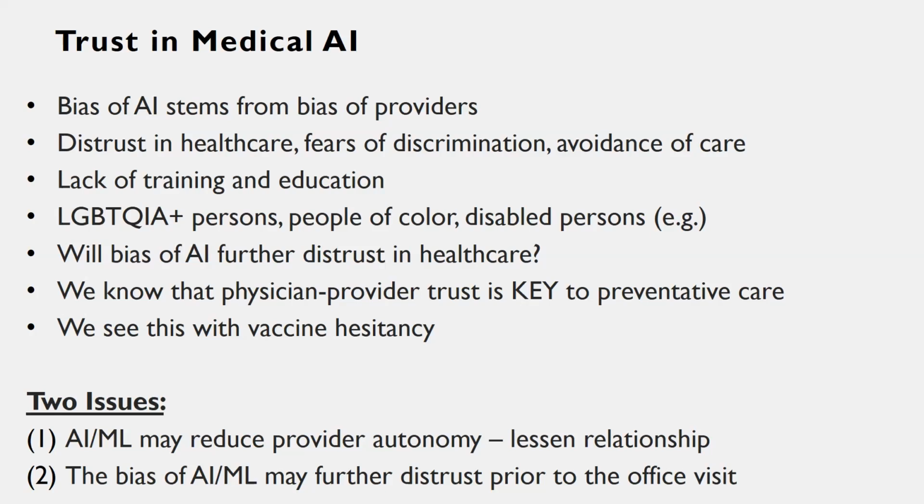So just in case you didn't know that, I just wanted to make sure that was clear because I've said it a few times. People of color, disabled persons, right? They avoid the health system because there is a distrust. And I want to focus on COVID, but like vaccine hesitancy, a main concern among people of being hesitant to get the vaccine was a distrust in healthcare and the historical mistreatment and exclusion in clinical trials. That has been seen time and time again in original empirical research that has come out of the difference between vaccine hesitancy and vaccine confidence.